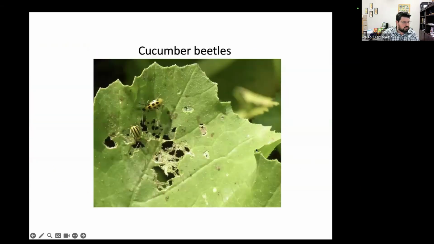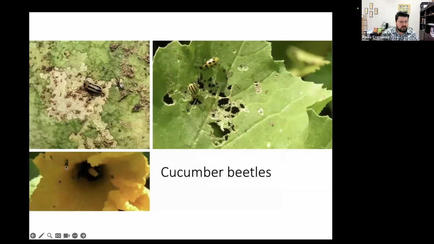So just a little close up on the characteristic damage of cucumber beetles on this picture, and over here some adults in the